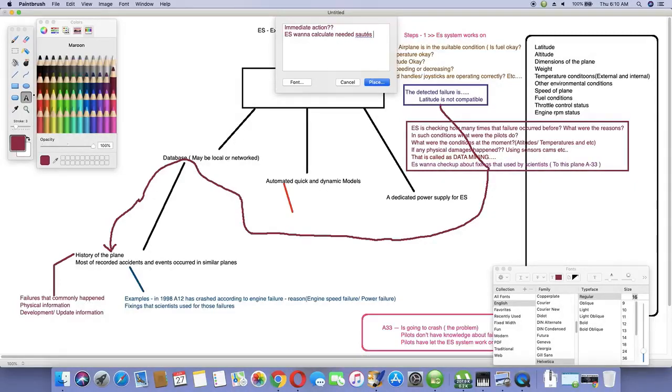status. Yes, want to calculate needed status, because if I think the throttle condition is not sufficient, we have to increase the throttle, and yes, want to calculate needed status. And using, I think we have to use models. Yes, advanced mathematical models, because we have to use maths for that, and other mathematical models. And now automatically